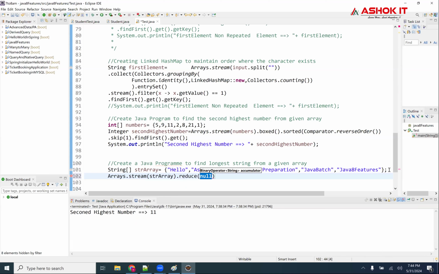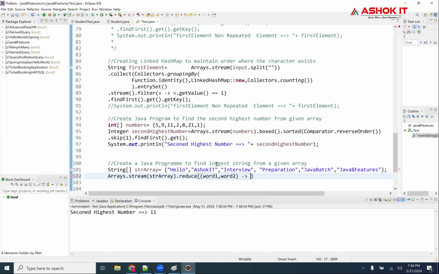I will take two arguments, word1 comma word2. First, it will take the first two words.